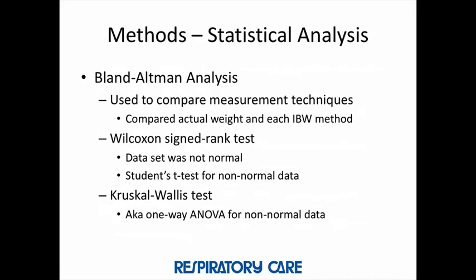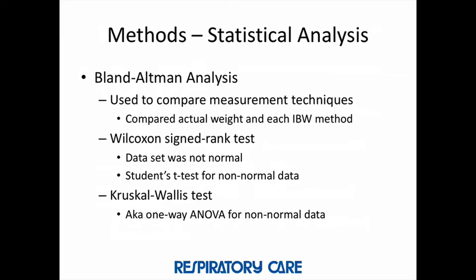Once they had collected this data, they used what's called Bland-Altman analysis to perform statistical analysis on their data. This Bland-Altman analysis is a technique that was developed in the 80s, and it really is ideal for studies like this because it is a statistical method that is used to compare measurement techniques. So comparing different ideal body weight techniques and then comparing them to actual weight is specifically what this analysis is designed for. Within that,